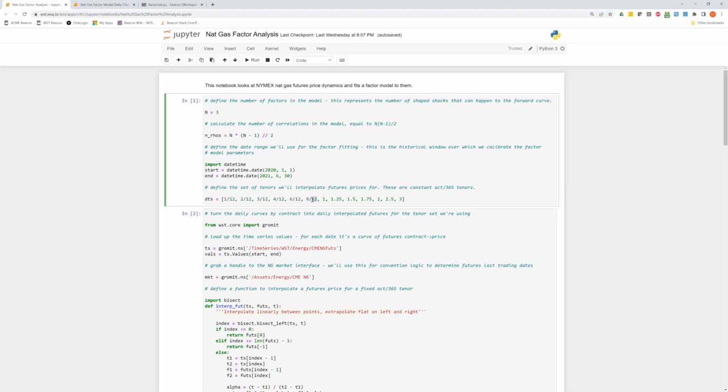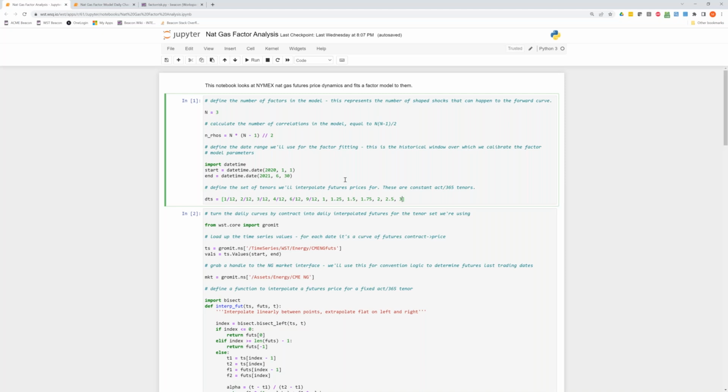So we'll look at forward prices with some constant tenor forwards: 1 month, 2 month, 3 month, all the way up to 3 years. So there are 13 different tenors that we're looking at here. In any given historical date, I can say how much all the forwards of those different tenors moved from that date to the next date, a 1 day change. So 13 different returns for a given date. Then I can look at the volatilities of those returns and the correlations between the returns across the different forward tenors for that whole historical range. If I've got 400 dates in my historical window, then I have 399 returns that I can use to